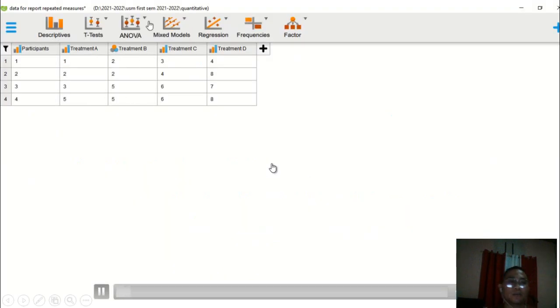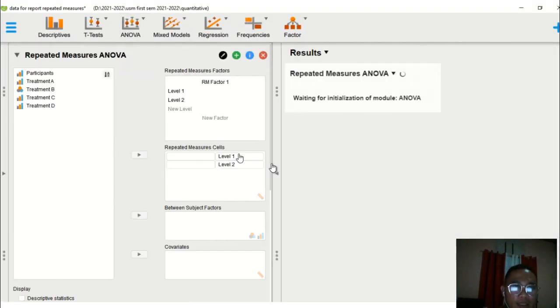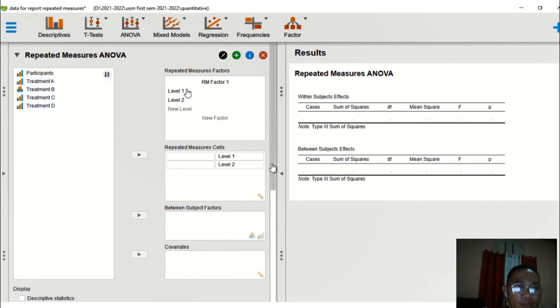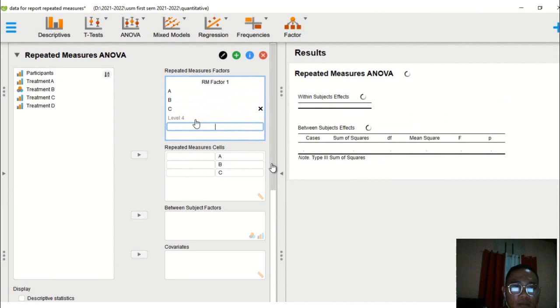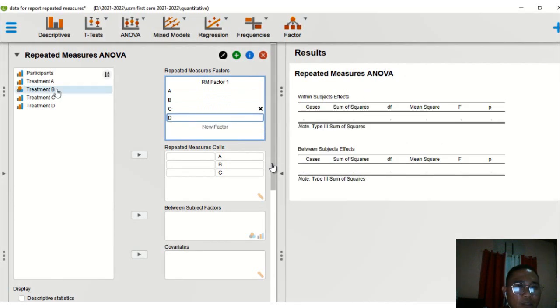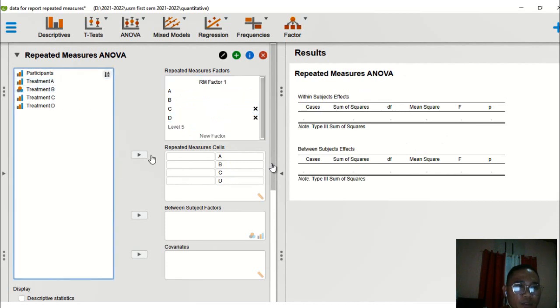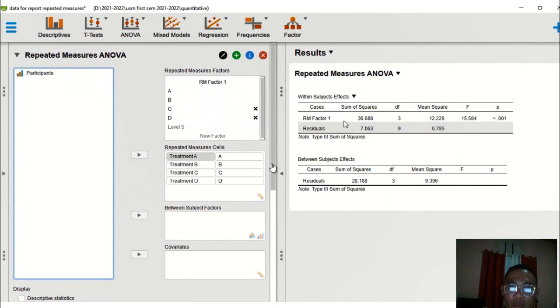Here, we will see how to conduct the sphericity test. So I have here the four treatments, A, B, C, D. We have the levels 1, 2, 3, and 4, so I named them A, B, C, and D. Then we have the new factor, since there are 4, which is repeated measure factor 1. So we have to select this one, and then drag this into the repeated measures cells, and then we have here the result, of course, within subjects, and we have